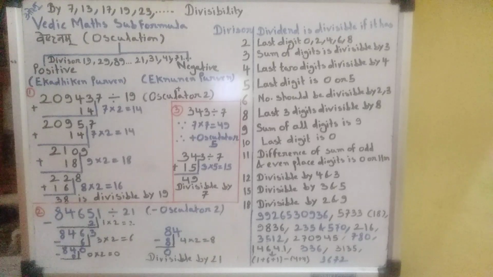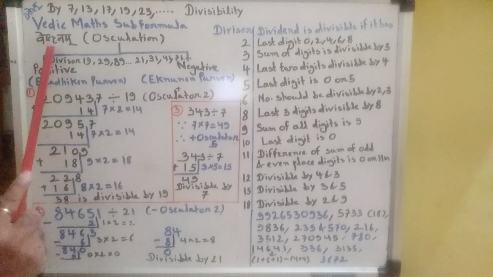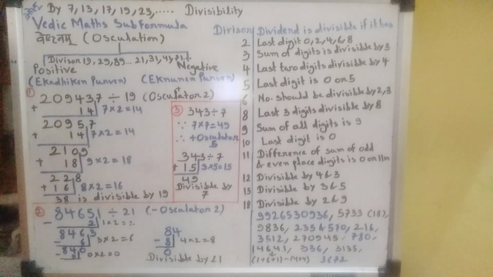But with the help of Vedic maths, the osculation method or Vestanam sub-formula, we can easily find whether a particular given number is completely divisible by these prime numbers without actual division. Before proceeding, let us take a look at the divisibility rules applied at present to test divisibility by the conventional method.